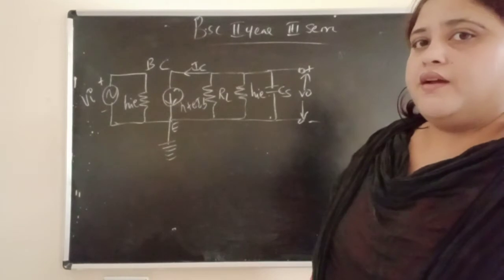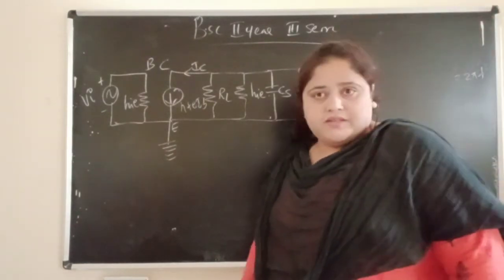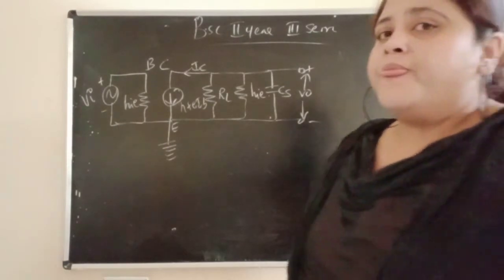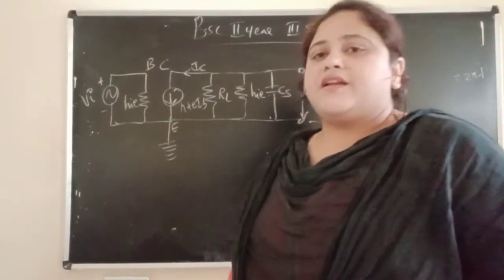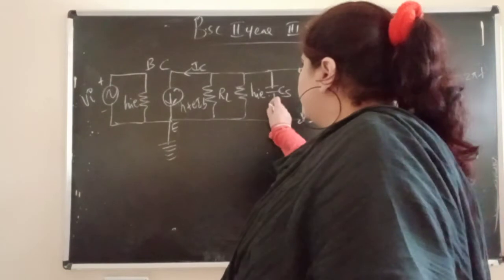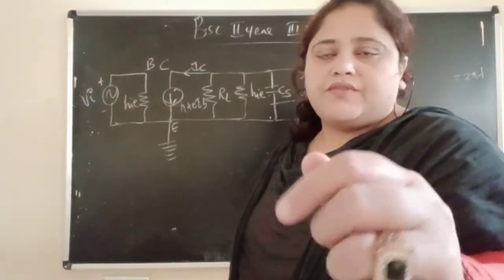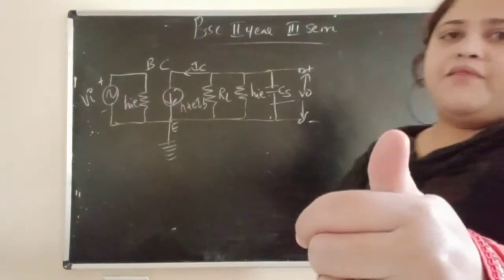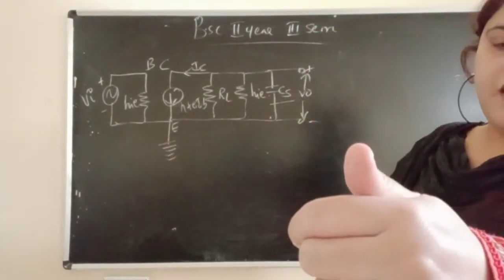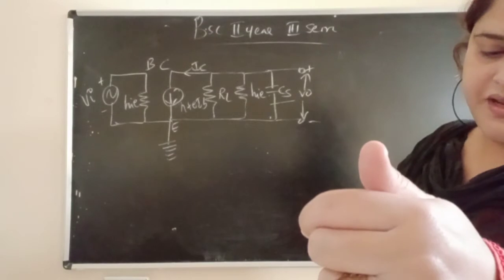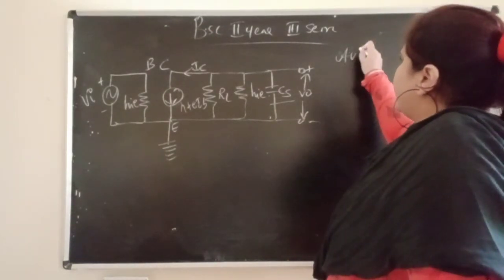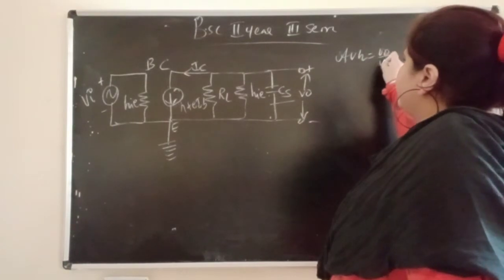In the voltage gain in the high frequency range, in the frequency response curve, what affects us more is the capacitor which is shunted across the output. So this we have connected, which is affecting the high frequency range. Now again, the same thing we should calculate: output divided by input. AVH equals output by input.